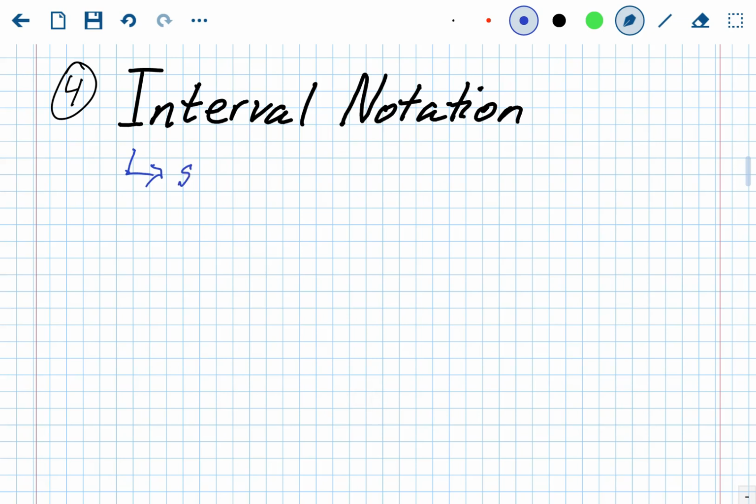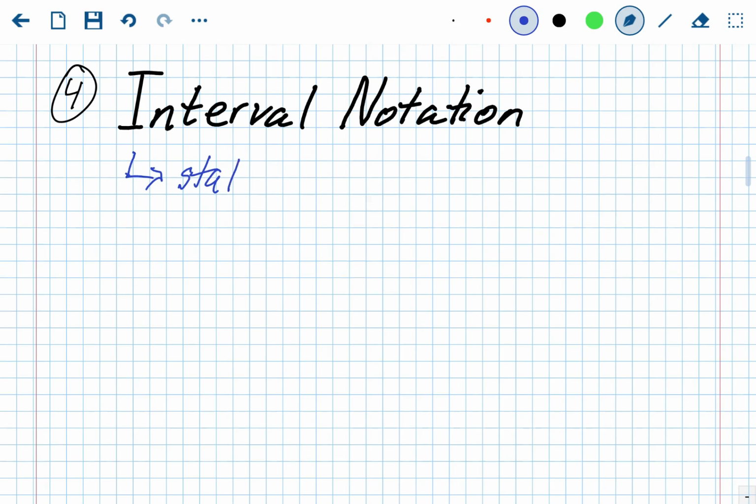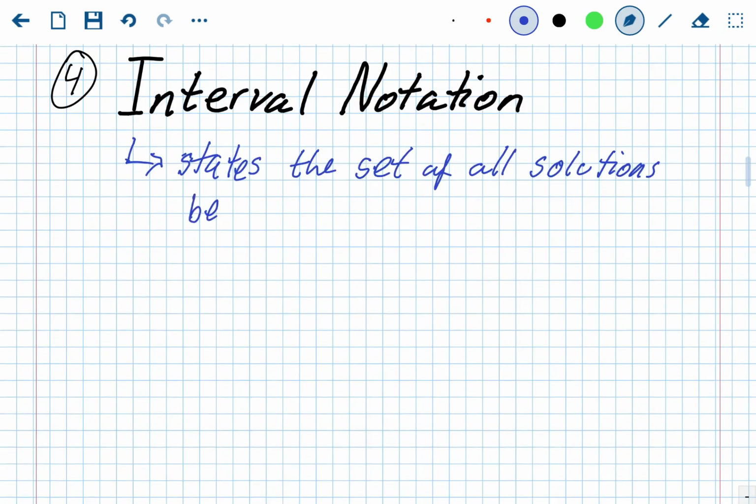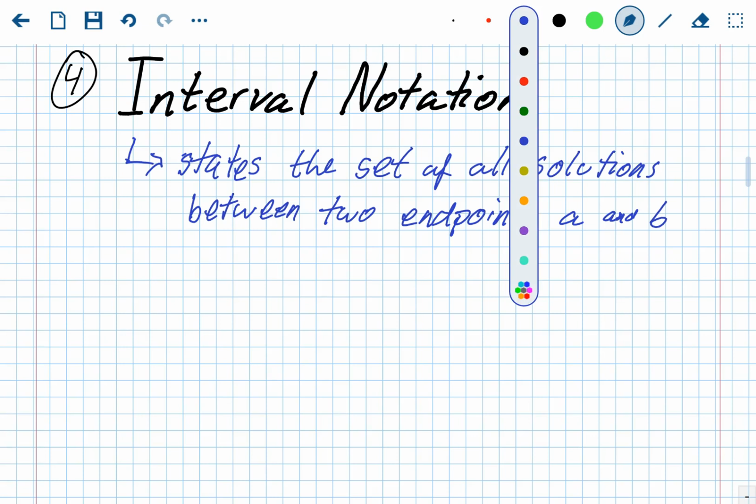What it does is it states the set of all solutions between two endpoints. And for right now, we'll call our two endpoints A and B. Okay, all right, so the format